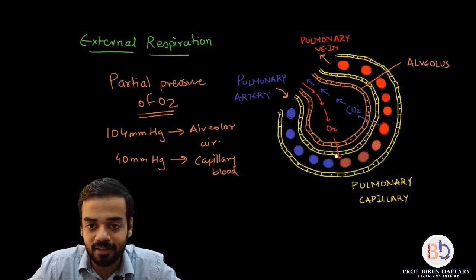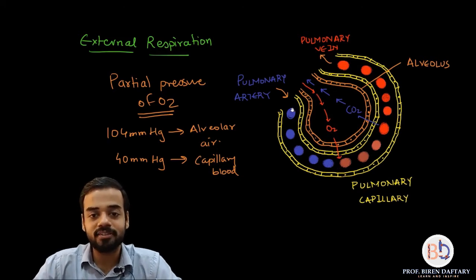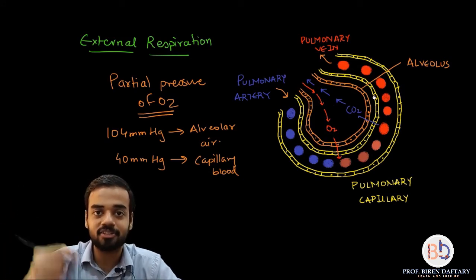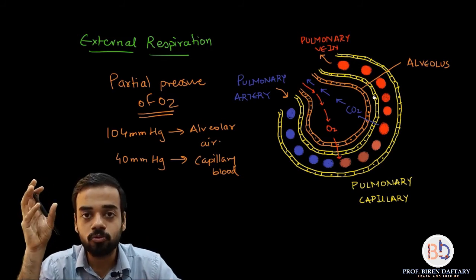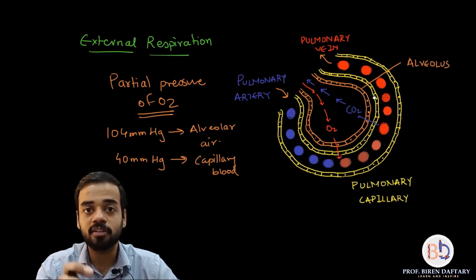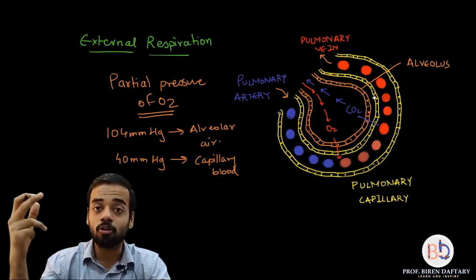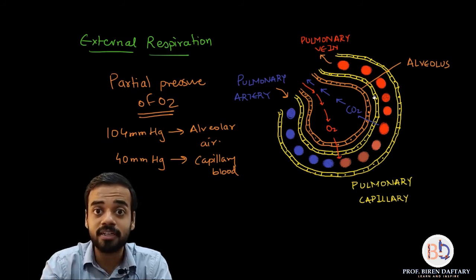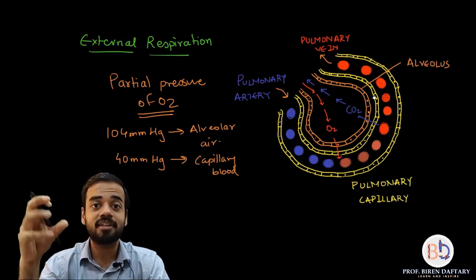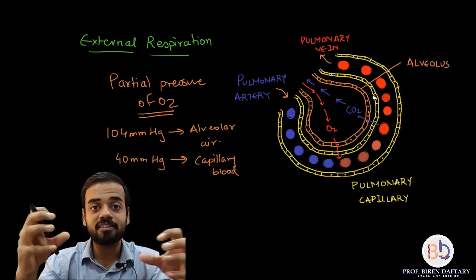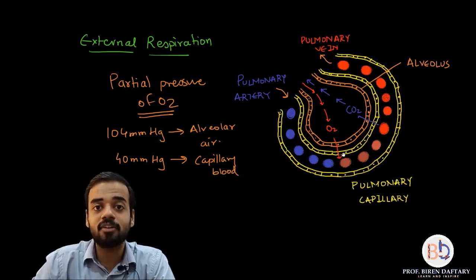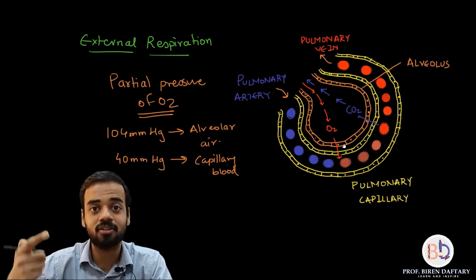So I have shown this red colored arrow, you can see, and because of that, the blood which is going ahead is slowly becoming red colored because the oxygen is getting attached to the hemoglobin. Is this clear? Is this clear why oxygen moves from alveolar air to blood? See, because you have to explain why oxygen from air is getting dissolved in the blood. It is diffusing because it is present at a higher partial pressure and is going to an area which is at a lower partial pressure. If the partial pressure of oxygen in the alveolus and the capillary was the same, then oxygen wouldn't have gone into the blood. This difference is causing the oxygen to move.